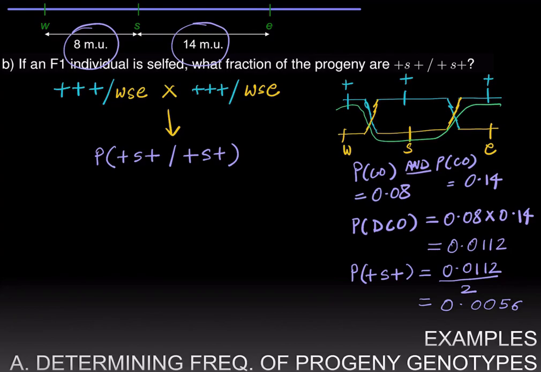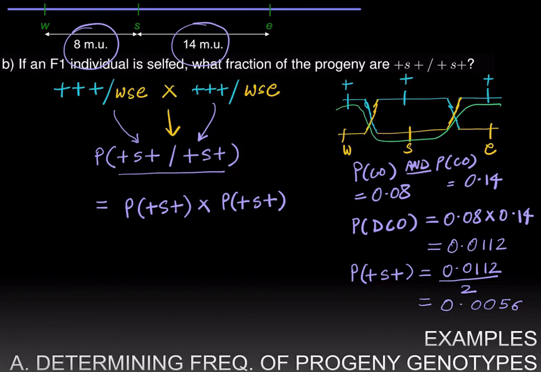However, what we have to compute is the probability of getting a progeny who is homozygous for plus S plus, and therefore they must get the plus S plus chromosome from one parent as also the other parent, and therefore by the product rule it would be the product of getting plus S plus squared,